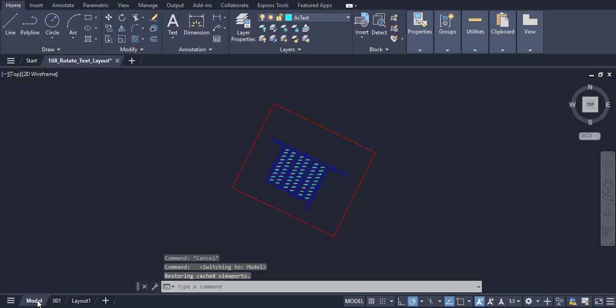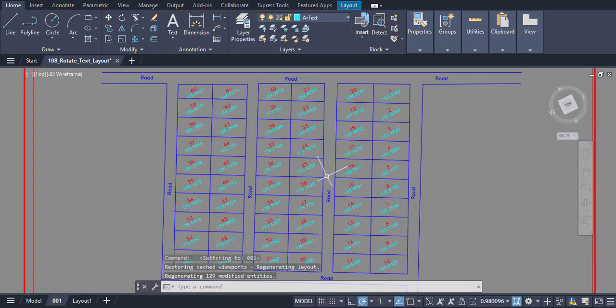The first command, AA, allows you to assign angles to selected text within your drawing. In this example, we assign angle 0 to all texts representing survey numbers. If you look at the drawing in the layout, you can see the text is not properly readable due to rotation.